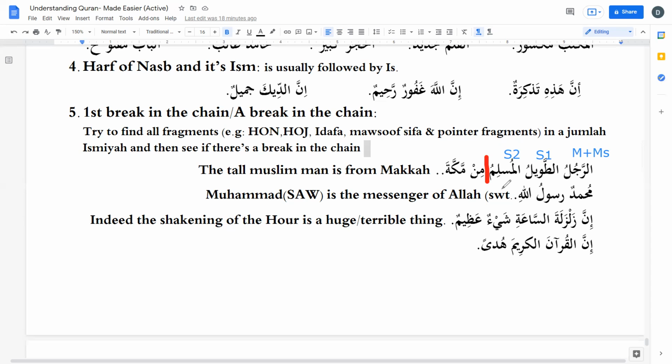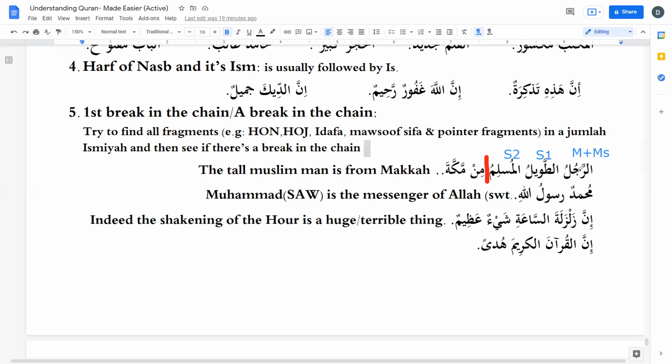And again, look, this is the same sentence structure where khabar is not there. Do you see a khabar? This is mubtada. All these sifa, because they are chained together, go in the same bucket. You can assume that mubtada is one bucket. When you come across these fragments, the different words making the fragment are chained together, so the chain cannot be separated.